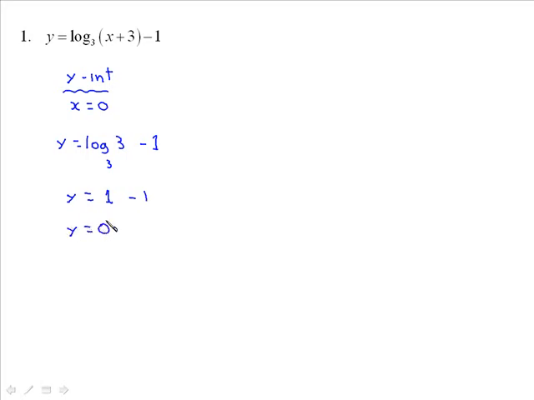Now the other choice would have been to go into exponential form and then solve for it, and we would have got the same thing. But if you can do this, that's a great way. So you just evaluate this particular logarithm. And then your x-intercept,